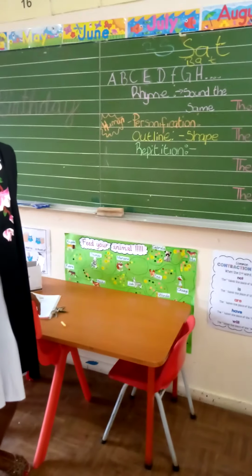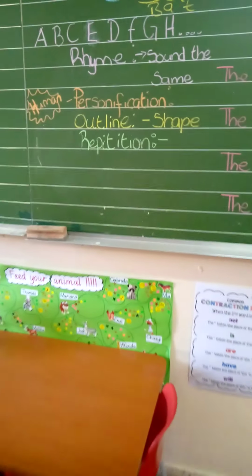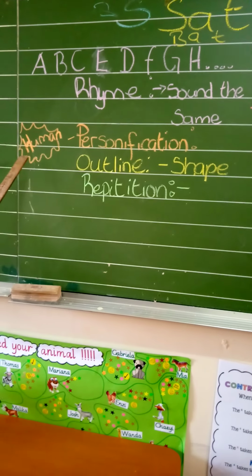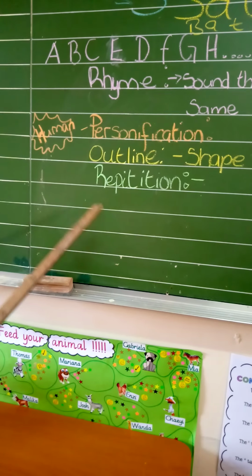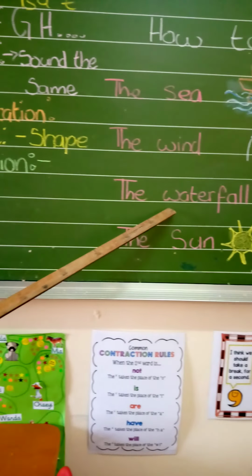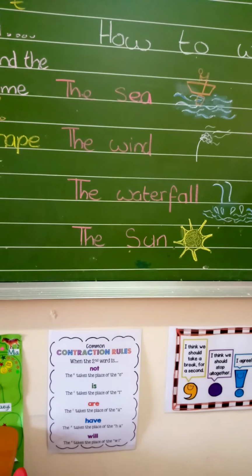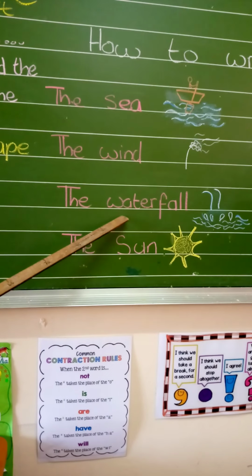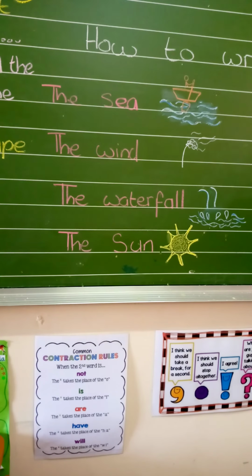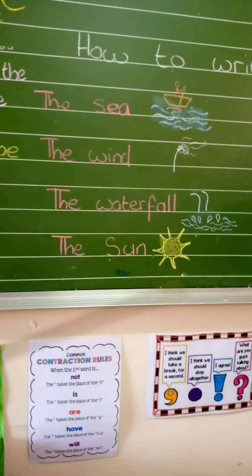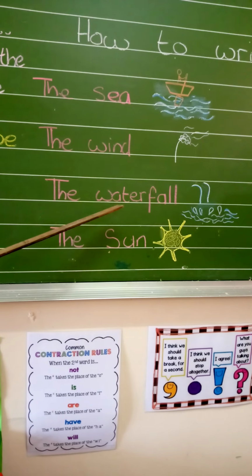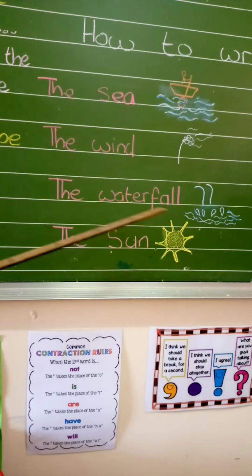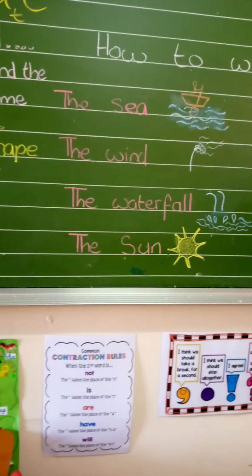Personification. We know that the sea is not a person, but when you're using personification in a poem, you are describing things like they are a human being. Remember when I said the waterfall rose? Does the waterfall have a mouth? No, it doesn't. I could say the waterfall screams. Does water scream? No, it doesn't. But we know people do. So that means that I am personifying. I'm giving it a sound. I'm giving it something that a human being would do, but it doesn't do.